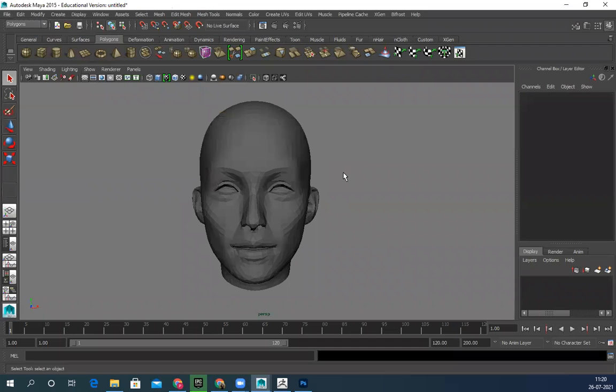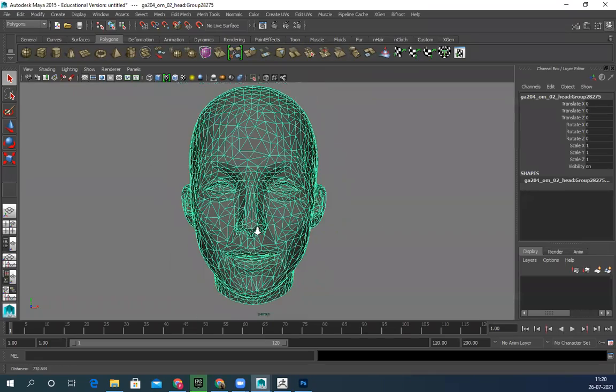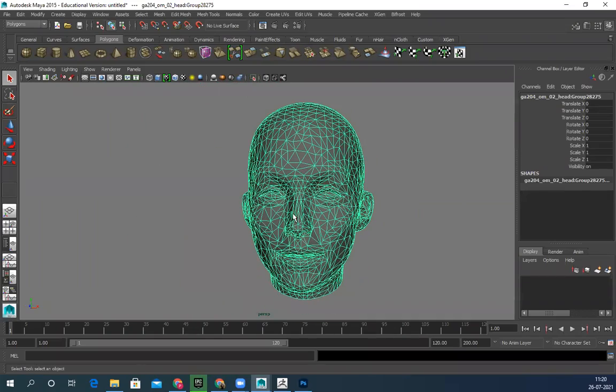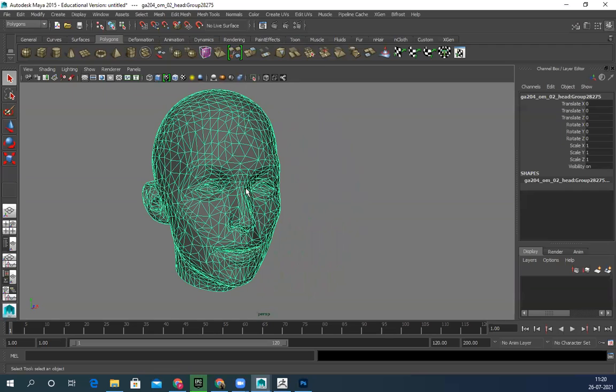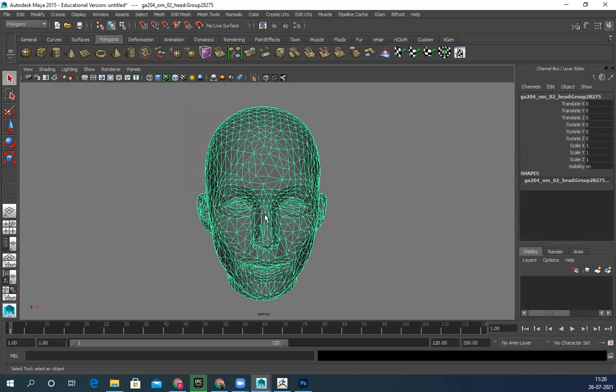After that, select your model. I'll just give you the basic brief on how the Maya interface works. Alt right click: zoom in, zoom out. Alt left mouse button: rotate. Alt middle mouse button: pan, or only the middle mouse button also. Left mouse button is selection, and right click gives you a menu. Space bar has separate options. In Maya, all the menus and shortcuts are in the space bar. No need to worry, I'll tell you all the options step by step.